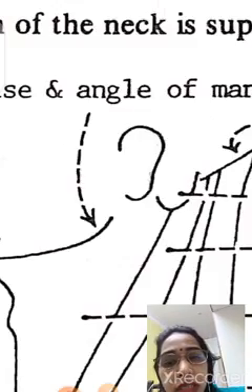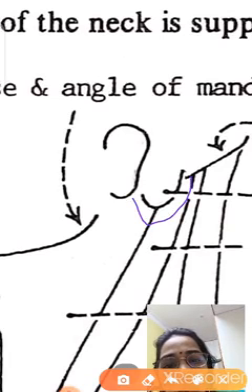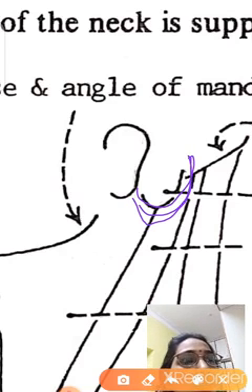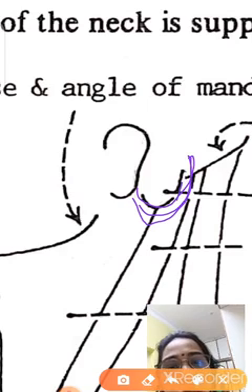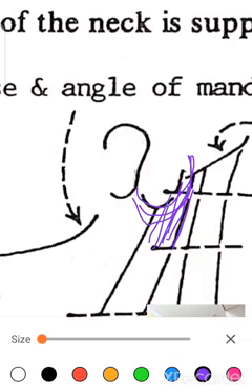Now see, this is your mastoid process. See, this is your mastoid process. Okay, so it is a thick tendon into the lateral surface of the mastoid process. So it is inserted here first. Change the color for this. So this is the mastoid process lateral surface, and by a thin aponeurosis into the lateral half of the superior nuchal line. Yeah, here also.